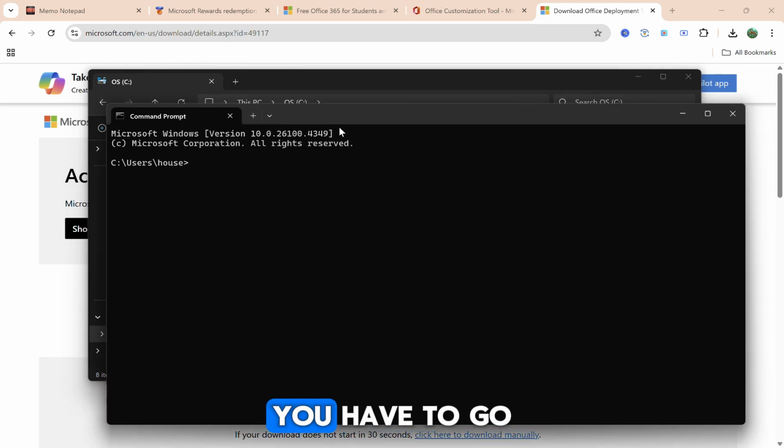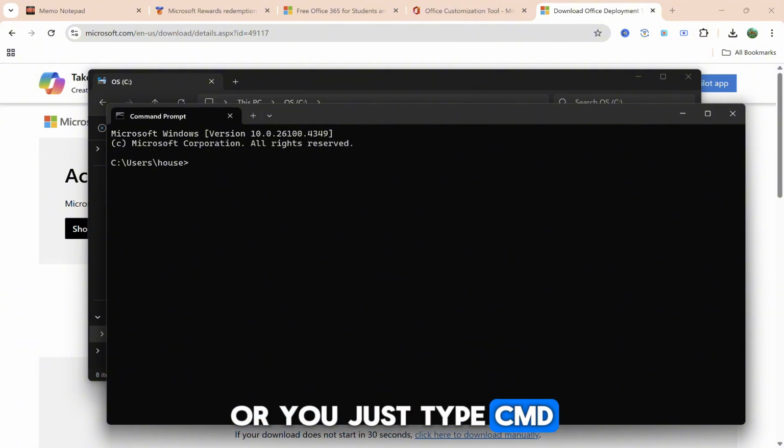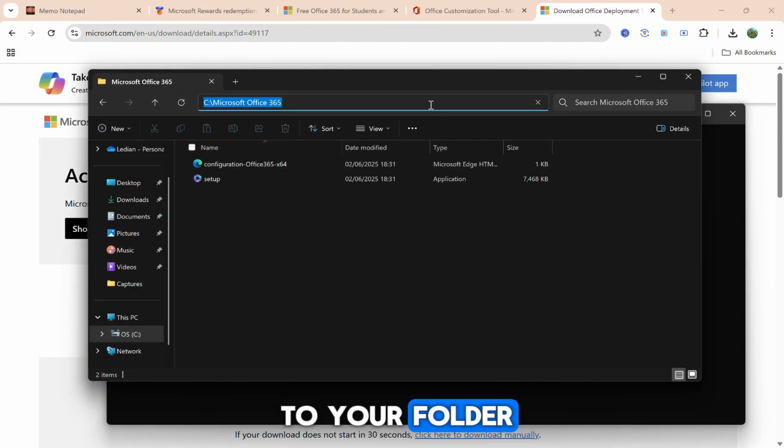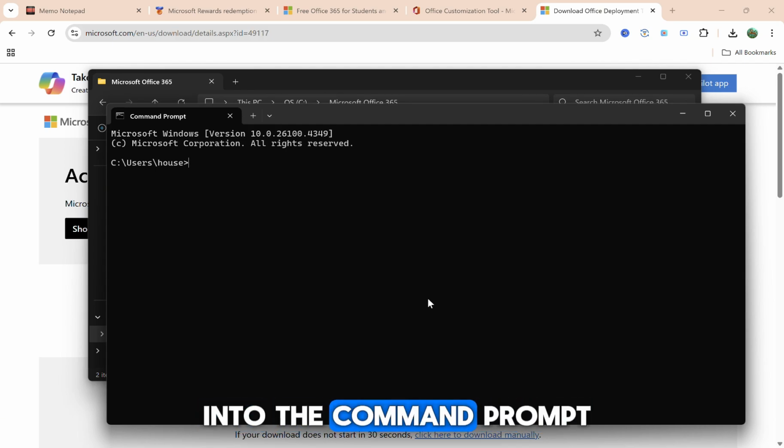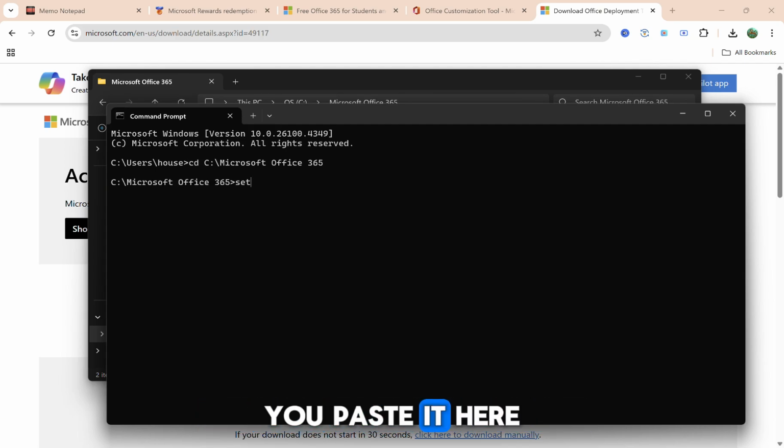Then what you have to do is you have to go to your command prompt, or you just type CMD, and basically you go to your folder, press the top and copy this thing right here, and then paste it into the command prompt. So when you have it copied, you paste it here, then you just want to type up this thing. So make sure you get it right,